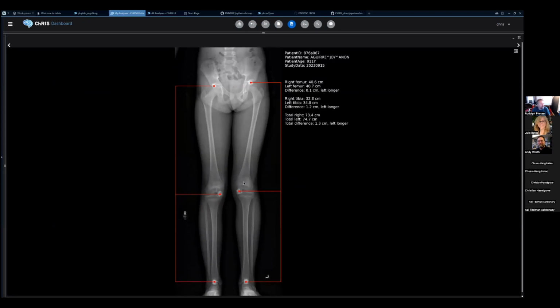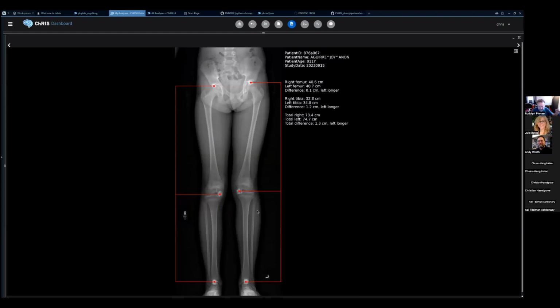where these red circles are where the inference engine picked up the joints, and it then connected them together using matplotlib or other of those containerized plugins to literally do nothing more than just measure these legs and generate a report. What you see on the screen here is a typical example of where we use this research-based computing to feed back into a clinical workflow. This DICOM can be pushed back to a clinical PACS. Right now, in Children's, it's pushed to a research PACS, but the point is,